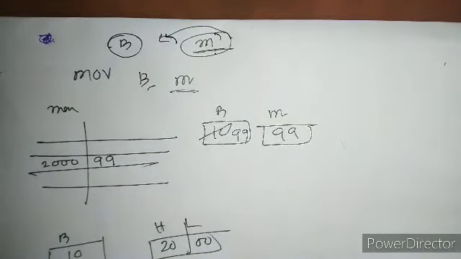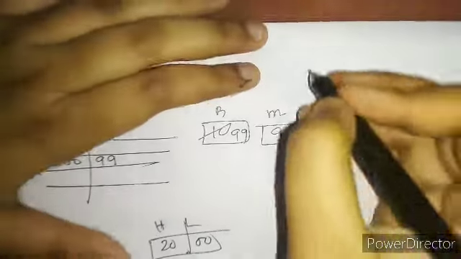Move register comma M means move the data from the memory location M, whose address is given by the HL pair. This simply copies it to B. Next is